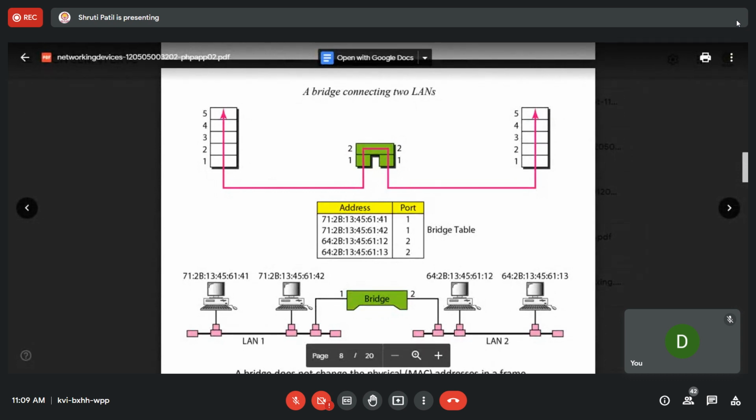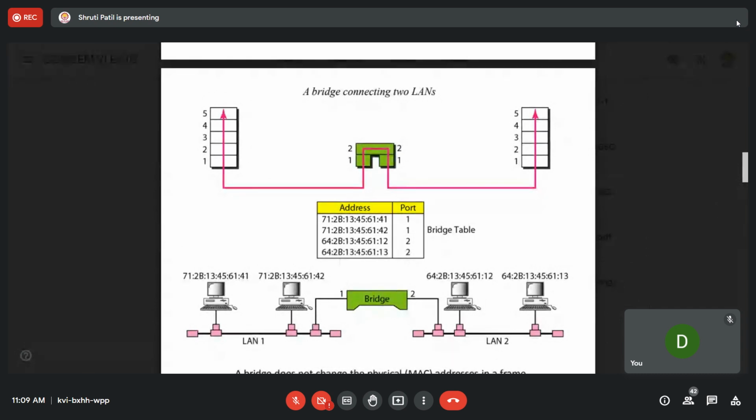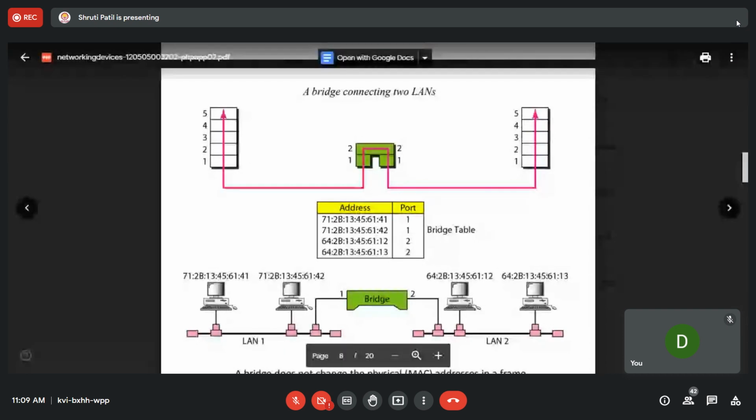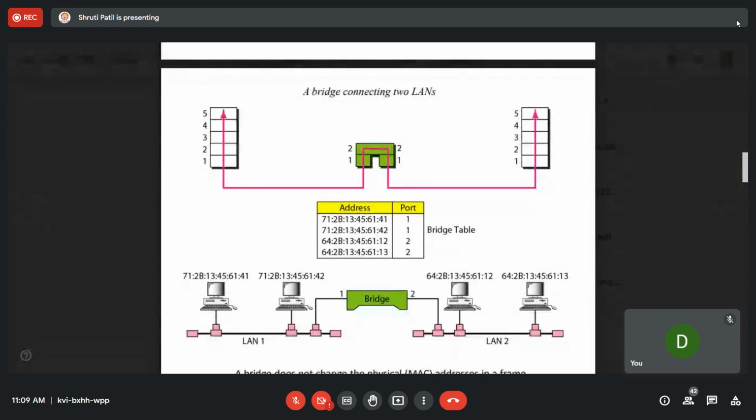Basically, a bridge is used for connecting two different LANs. Okay, that is multi-LAN. अगर आपको करना है तो आप bridge use करते हो. It will be having, this is a MAC address. Okay, we will see later on what is the format of MAC address and all.